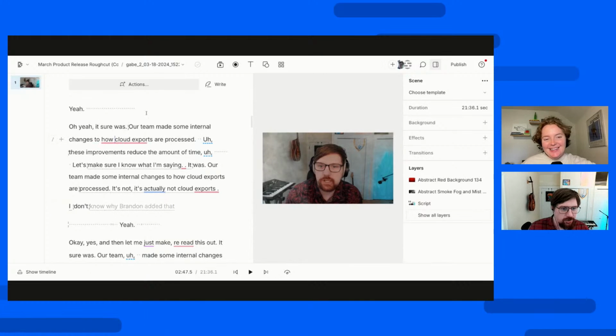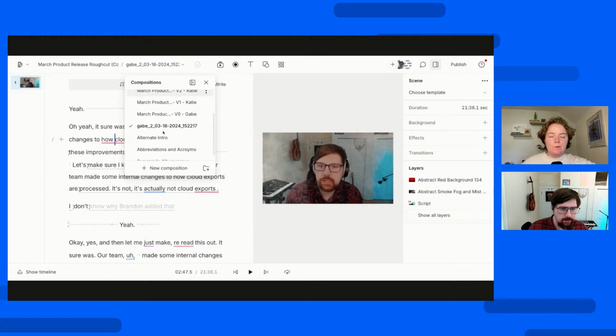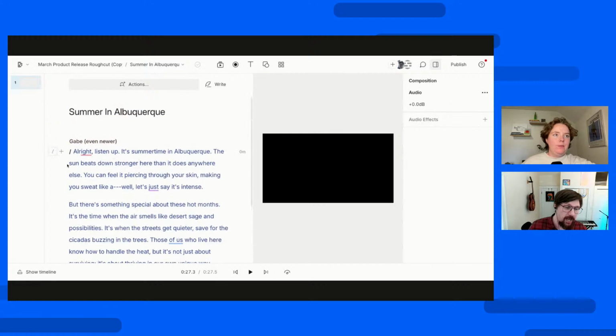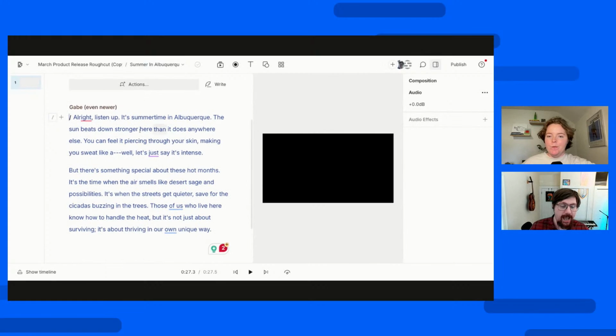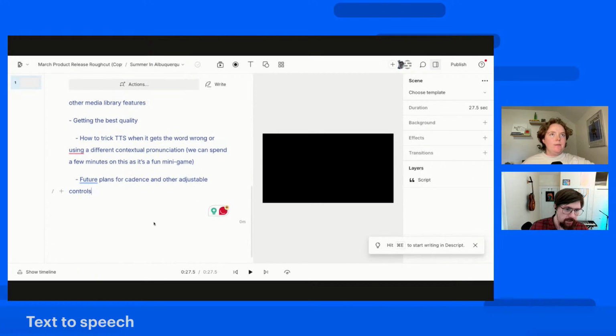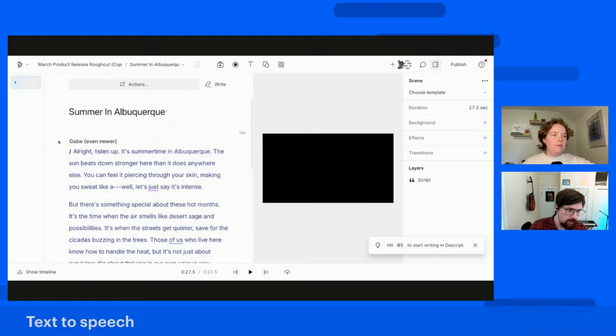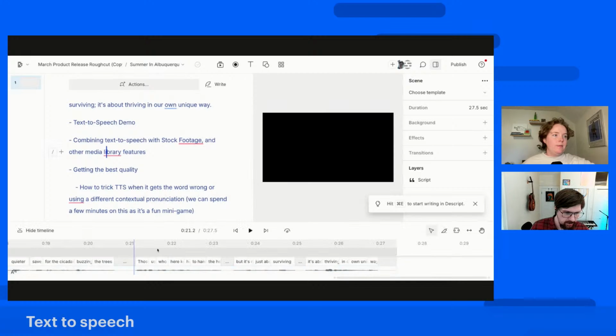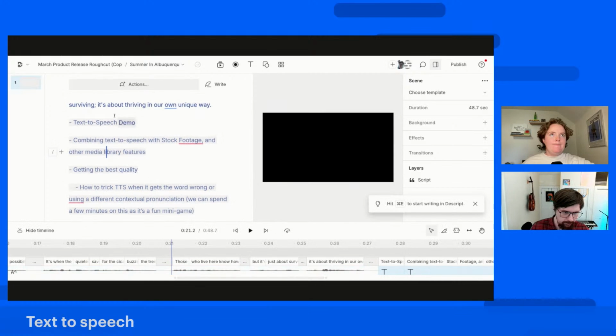Cool. Let's make sure we covered everything in text to speech. Aside from generating a script, if I have text from somewhere else that I want to bring into my project, let's say I'd like an audio version of our outline for today, I can just paste it into write mode. It's going to generate like any other text. So right now it is thinking about overdubbing this for me. Let's see how that's going. Yep, it is loading.